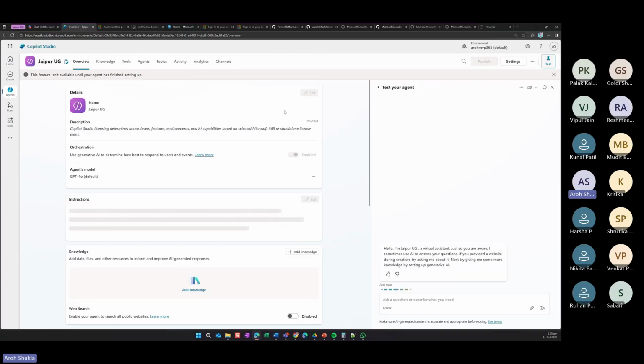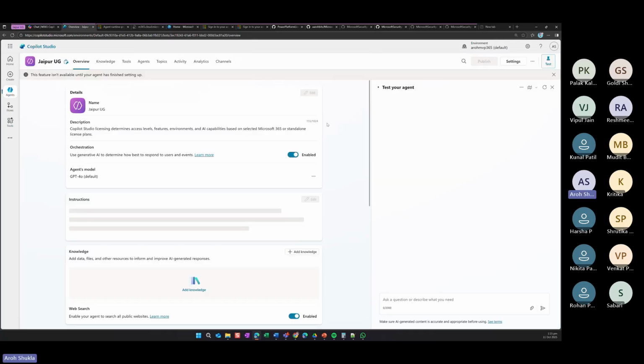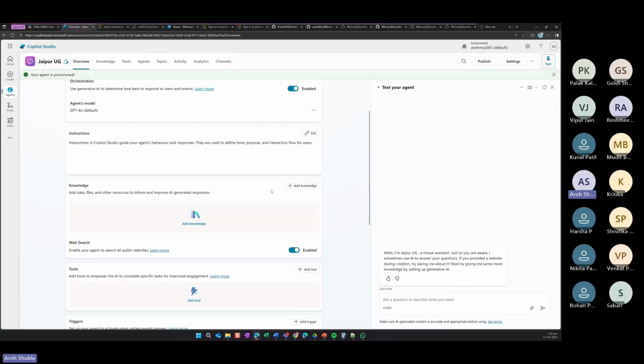Now one thing I want to share with you is orchestration. Right now you can see my agent model, only one model I can use, right? But if you're using Azure OpenAI or Azure AI Foundry, you can have more. So let me go back. Yes, I have only this model I can use. I don't have any other options. For instructions, I can go and put in this thing.